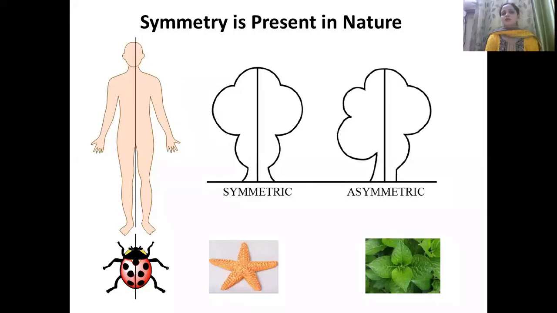You know, the symmetry is present in nature. It is present in human beings, it is present in plants, animals, insects, smaller plants, bigger plants, and this symmetry is everywhere. Even you can see in nature or in the things artificially developed by human beings, the buildings, in all, the symmetry is present.